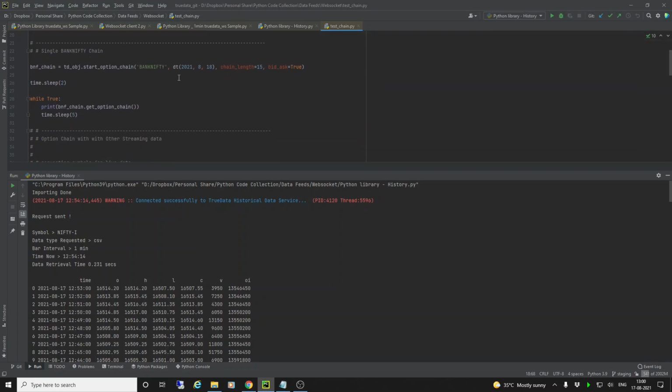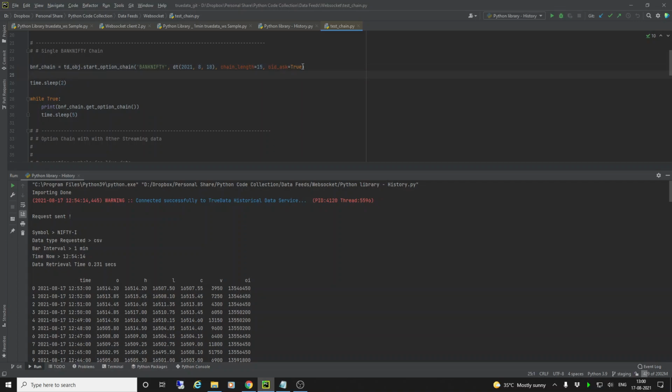Now I'm just going to show you how easy it is to pull a single Bank Nifty chain. All we need to do is start the option chain. I've written here Bank Nifty, the symbol. Expiry date is the coming expiry, which is tomorrow. And then chain length, I've given a chain length of 15. As you remember, default was 10, but I've given a chain length of 15.